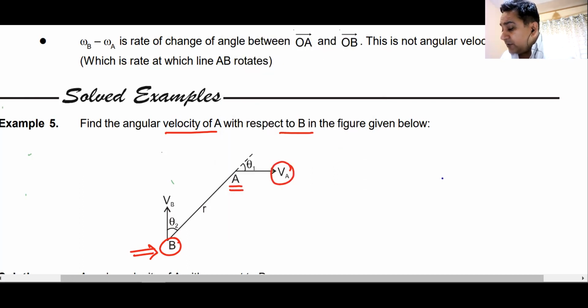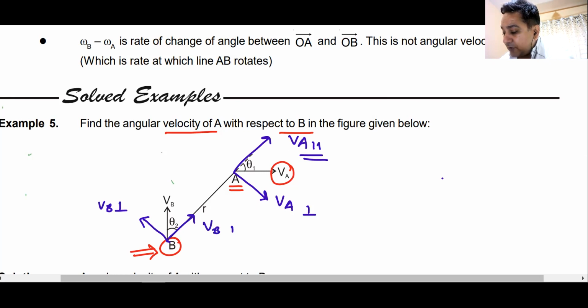So basically what you got to do is break this velocity of A into a perpendicular component, and this will be the parallel component. Similarly, you will break the velocity of B into a perpendicular component and a parallel component, parallel and perpendicular to the line joining these two particles. So I have a line joining these two particles A and B. I resolve the velocities of A and B along the perpendicular direction and the parallel direction. The velocity along R is called V parallel and the velocity perpendicular is known as V perpendicular.